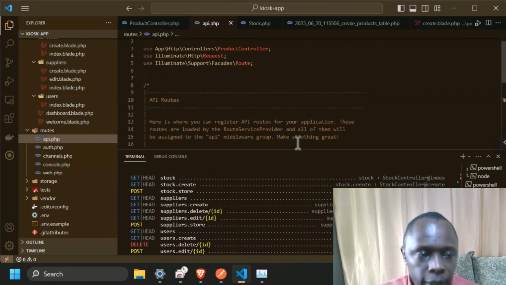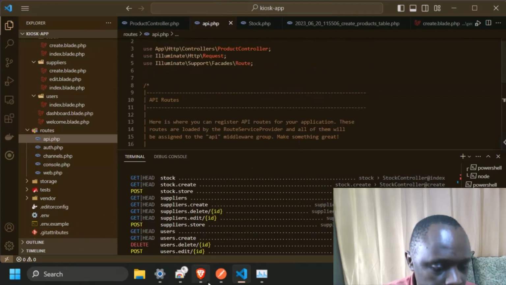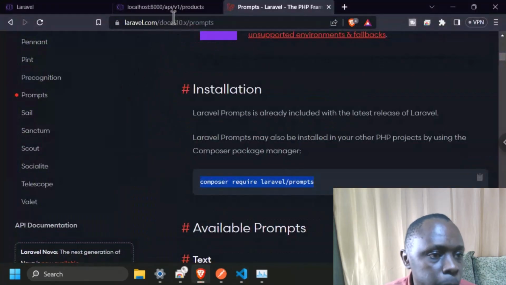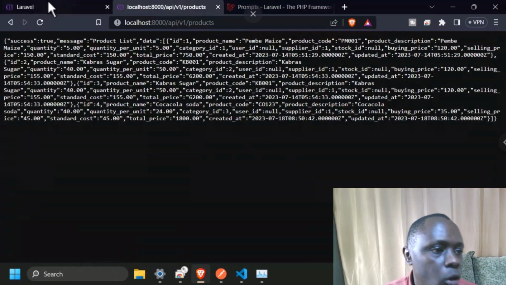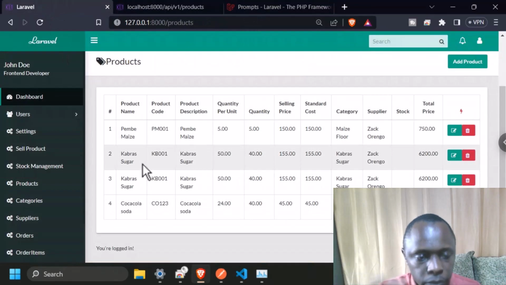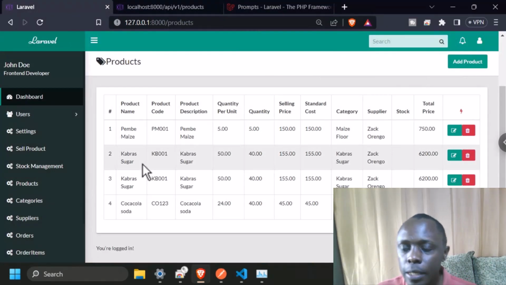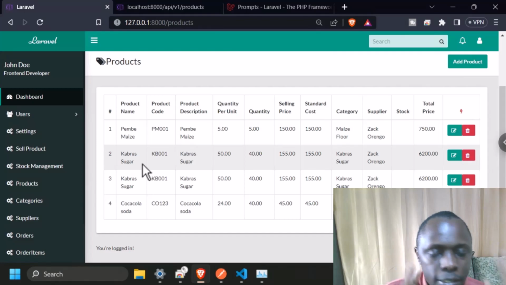So with that, we have just created a simple API. We are going to have another version, a code version of this. Now we can just use Laravel. You can still use Laravel